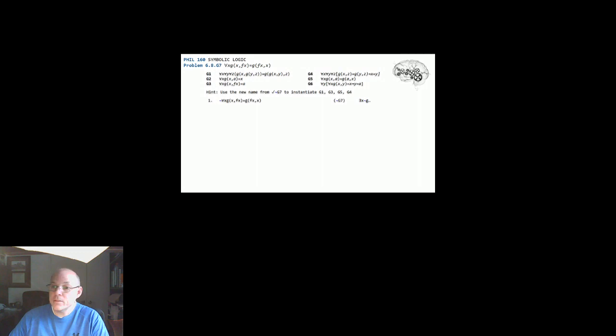Problem 6.8.G7. In this problem, we're supposed to take the first 6 premises, G1 through G6, and prove that G7 follows from those premises. And then we're given a hint to use the new name for the negated G7 to instantiate G1, G3, G5, and G4. So the first step is to write down the negated G7, which is what we've got,